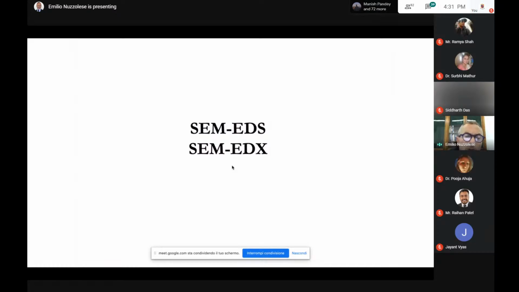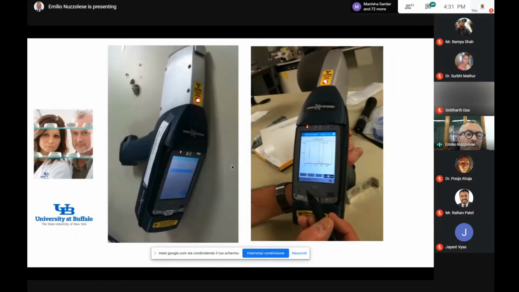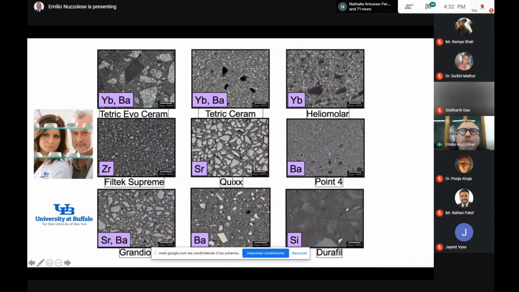Then there is the spectrophotometry of dental materials. These pictures are courtesy of Dr. Mary and Peter Bush from the Forensic Odontology Laboratory at Buffalo University, whom I always thank for having allowed me to attend their laboratories. This is a small, portable device that can be used to establish the composition of materials. This is the spectrum you have. You have the exact composition of the materials, and the composition of the materials is used to establish the brand, the company of that material.